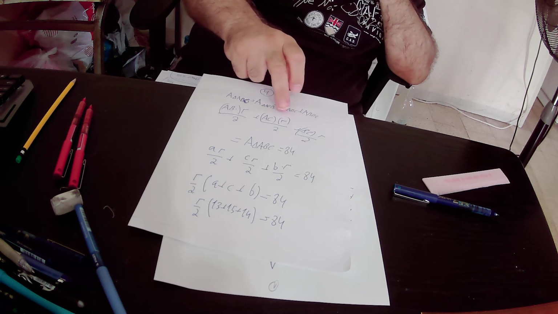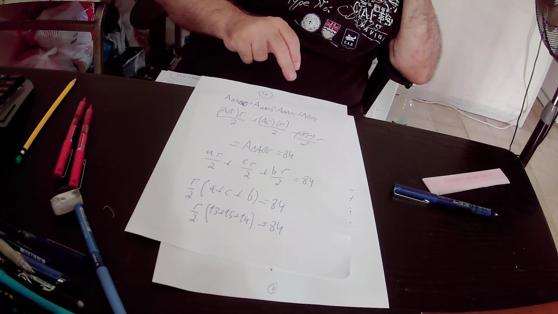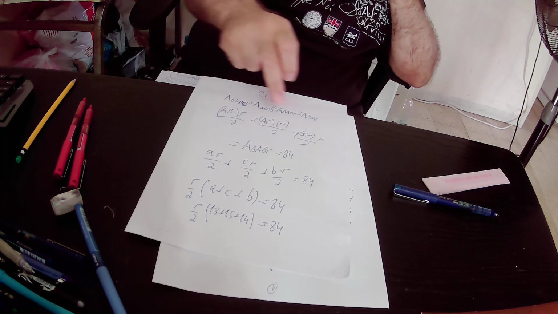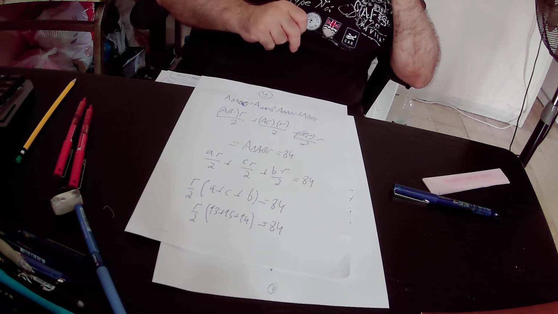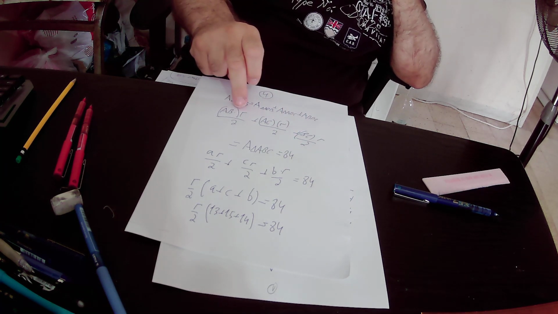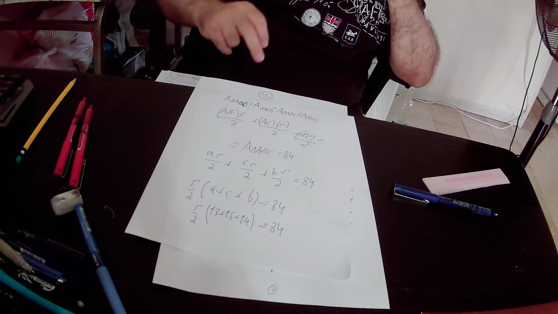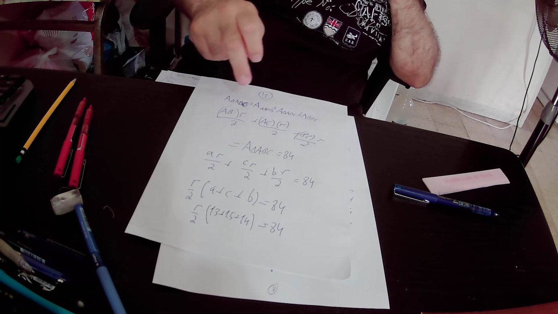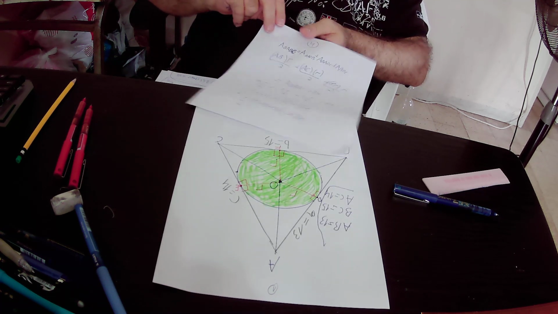The only missing variable that we have here is the radius of the green circle, because we know that the sum of those three triangles equals 84 square units. Okay, so we put the data inside this equality, and we found out that the radius of the green circle